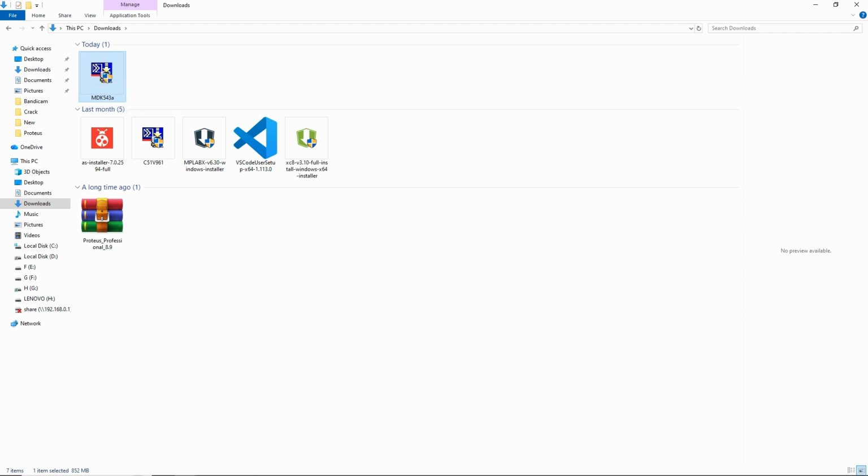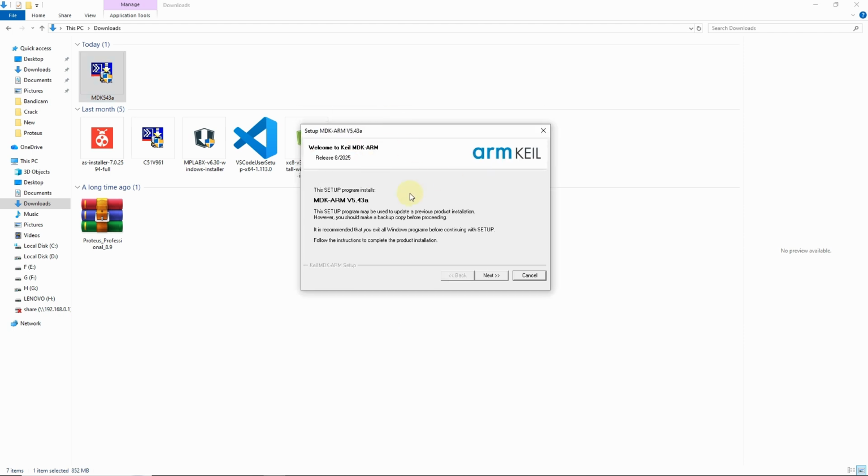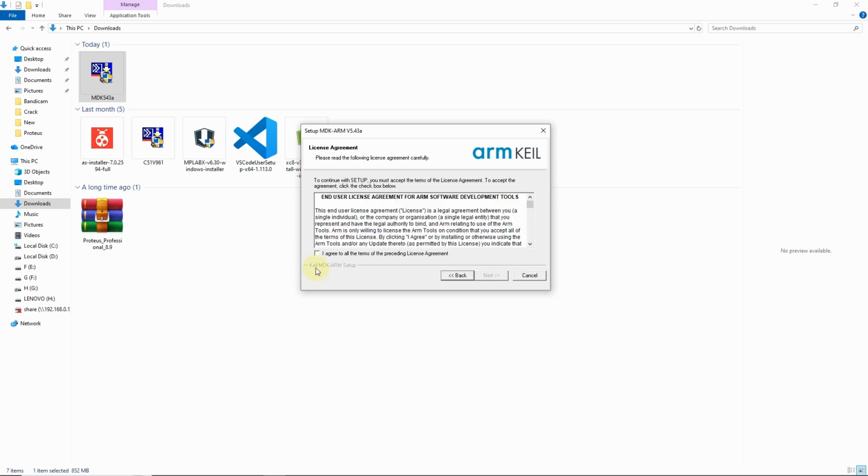and it is prompting me, do you want to allow this app to make changes to your device? Just click on yes, and you can see this is the start of the installation process. This is the first tab. The version of the MDK-ARM is 5.43a. Just click on next. Here click on the checkbox I agree to all the terms of the proceeding and click